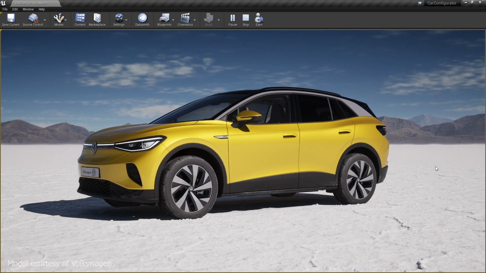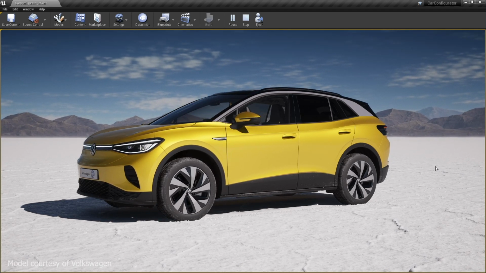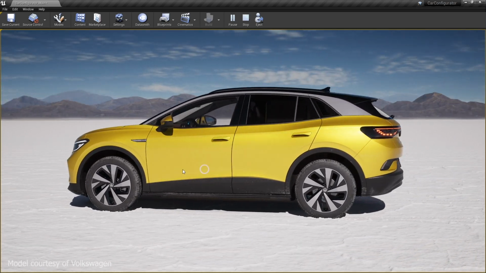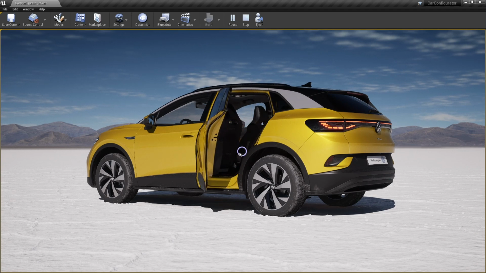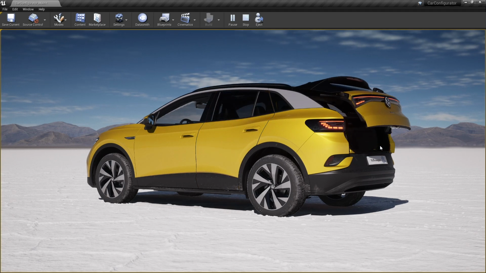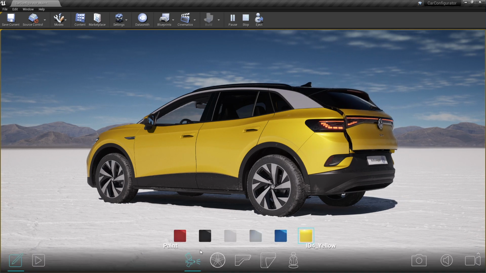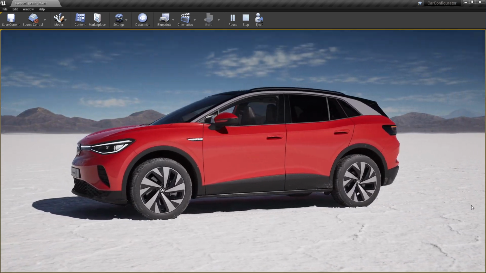Today I have the pleasure of working with David Bayless, and we're going to be showing you a variety of things. David's going to start off by going over the look development approaches that we used for this project, and I'll be showing you how you can work with your own custom assets inside of the sample project and set things up like trigger events to open and close the doors, as well as changing the color of the vehicle. So with that said, let's go ahead and jump in there and get started. I'll hand it over to David.